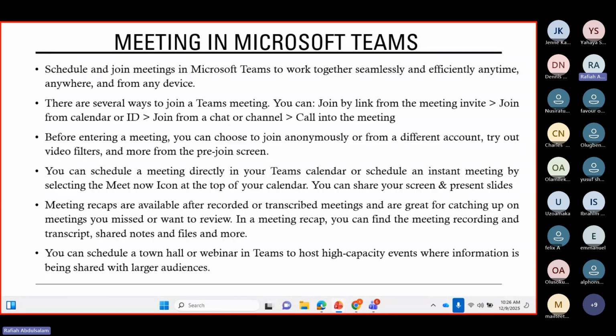If you notice, this particular class, the Teams was created on a different tenant. You don't necessarily need to have an account, a Microsoft 365 account, to join this class. Just click on the link and you're able to join the class. So you can also join from the calendar, or you join from a chat if the meeting link is shared with you, or you call into the meeting. That will be for